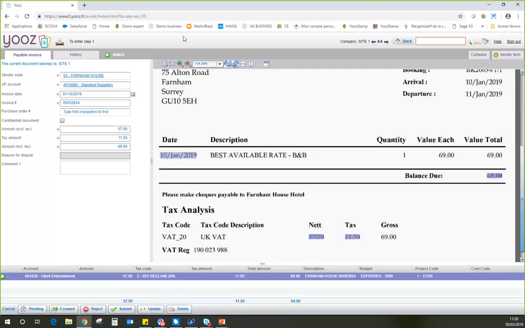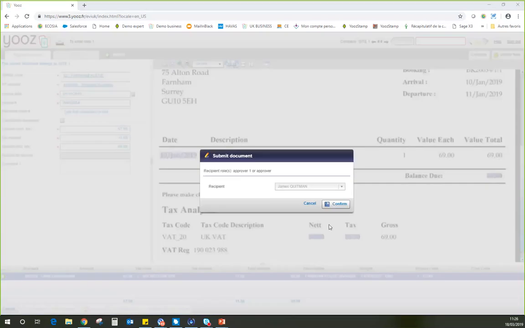And I also have the submit button, which is going to enable me to save the document and send it to the next person on the workflow. Now, workflows can be based on suppliers. So maybe for Farnham House Hotel, they always need to be approved by James, or based on amounts. Anything under £100 needs one approver, and that is James. Anything above £10,000 needs 3 approvers. Anything above £10,000 for a specific supplier needs 4 approvers,